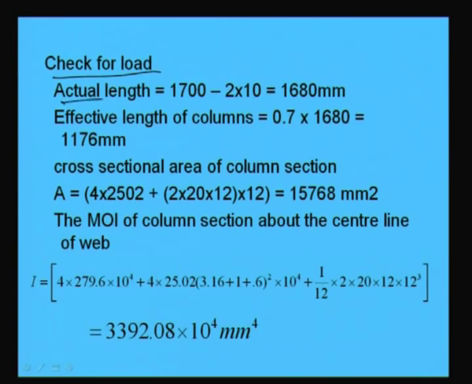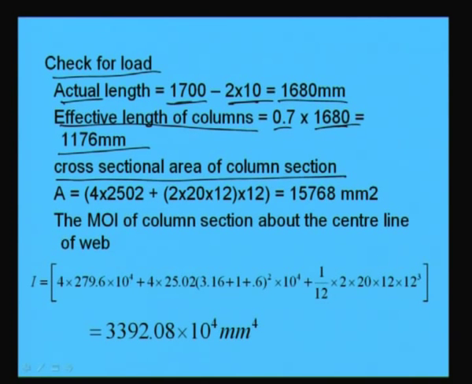So, actual length we have 1700 minus 2 into 10, so 1680 millimeter, and effective length of column will become 0.7 into 1680, that will be 1176 millimeter. So, cross sectional area will become 4 into 2502 plus 2 into 20 into 12 into 12. So, this is becoming